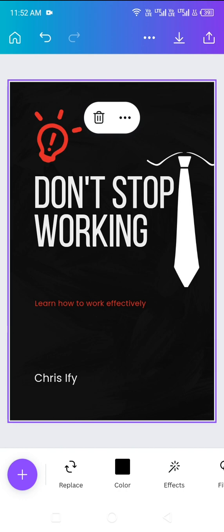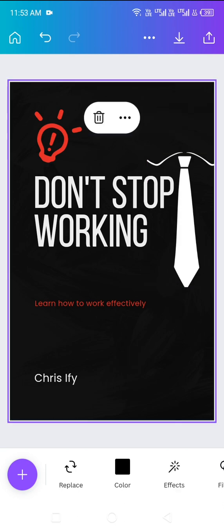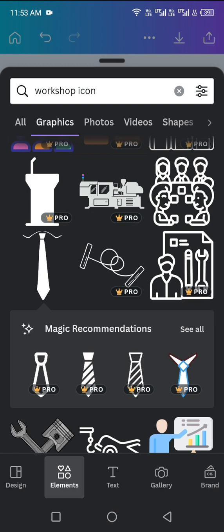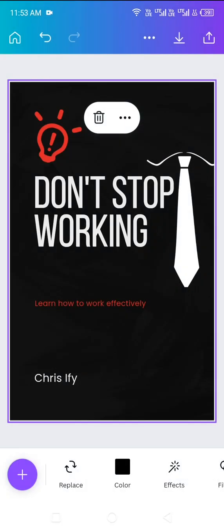What I want to do now is to add another page to what I've created. So I can add another page. I click on plus here. Once the plus comes, I just click on design. Once the design comes, I can add another page, but I just want to show you a simpler way to do it. So once you highlight this, you can see the purple rectangle